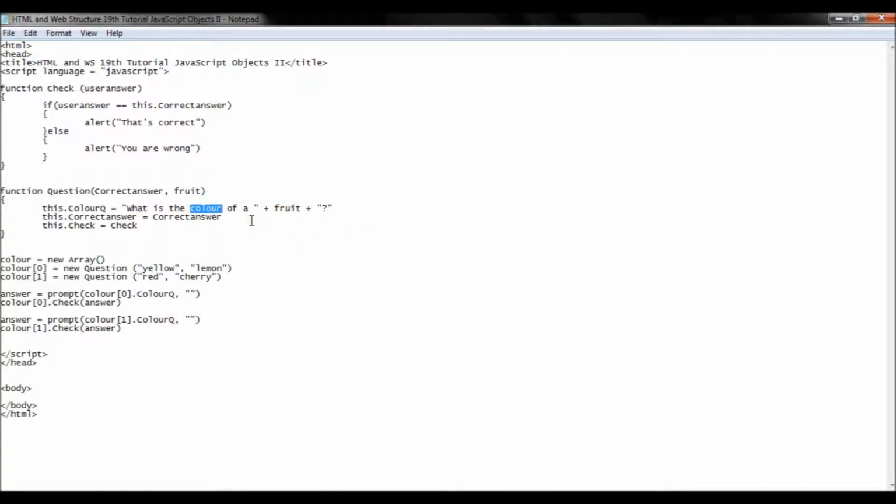For example, instead of color, you can change it to something else, whatever you like, and form a different question. And also here you always have a different answer because you pass those answers with the object, so it will save to a corresponding reference, and then it will be checked, for example, using this kind of method, or you can use a for loop,